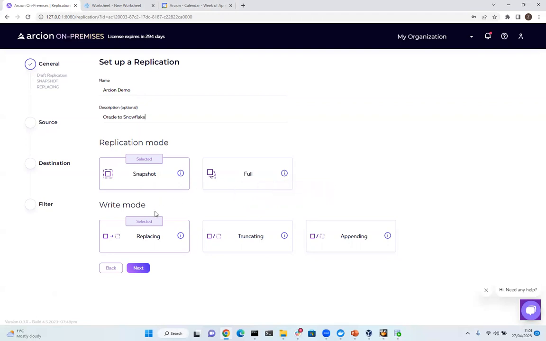Write mode is how do we want to present the data in the target? So replacing will go ahead and create schemas if they don't exist in tables, as well as views. And it will also apply the data that we capture as well. Truncating will preserve schema structures, but just truncate the data if it exists and overwrite it with the new data that we propagate from source to target. Appending will preserve the existing schema and the existing data, and we'll just append any data at the end of it as well. So we're going to go ahead with full and replacing